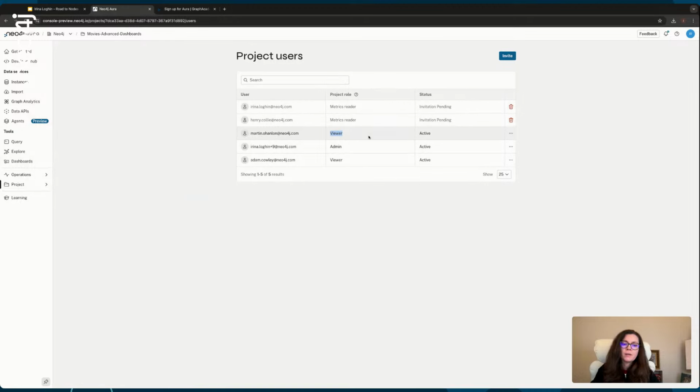So the roles are very important because let's say I've invited Harry with a metrics reader access. Harry will only be able to view performance metrics. They will not be able to view my dashboards. So if you have issues with inviting your colleagues, make sure you double check the project settings and the roles as well, because these are very granular for a good purpose, and you also invite your colleagues to double check their permissions as well. So let's go back,